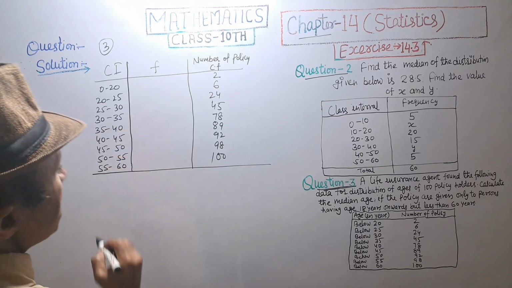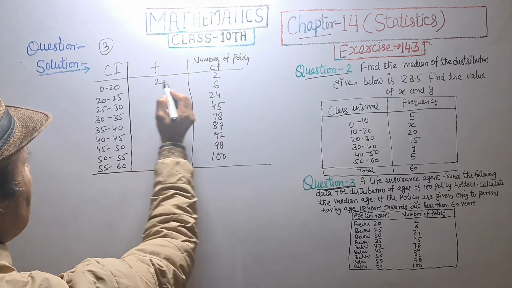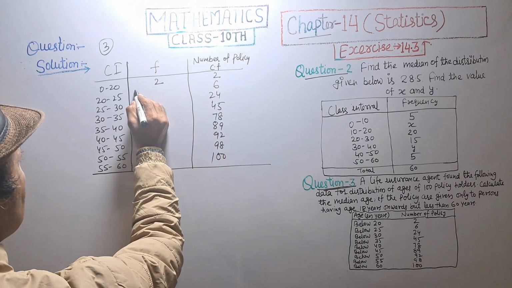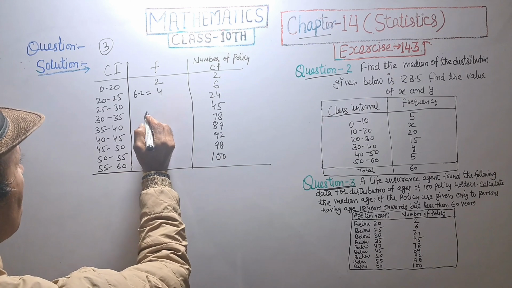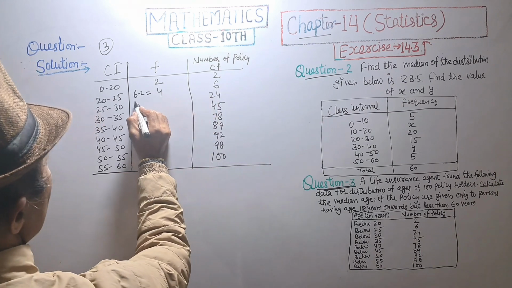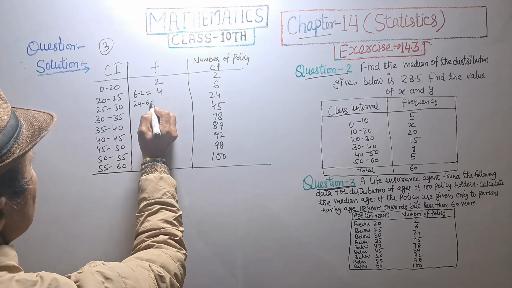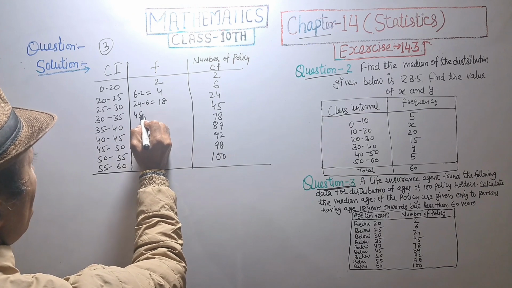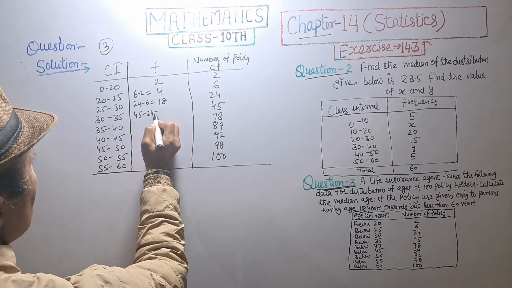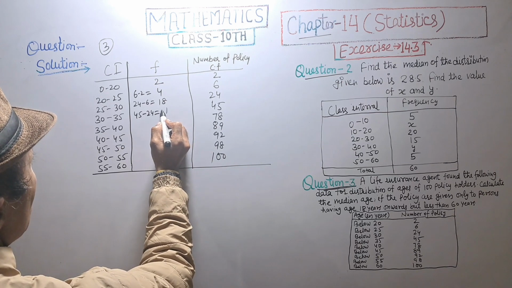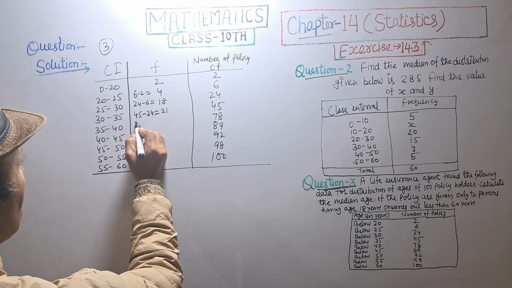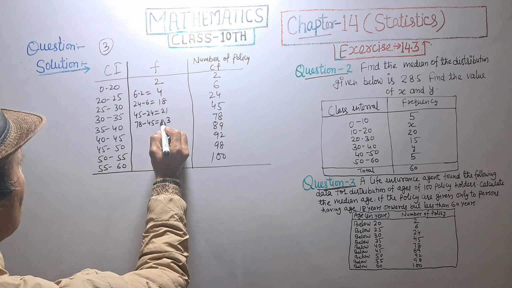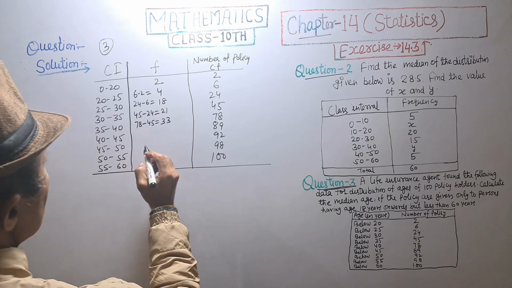But the frequency is: first 2 as it is, 6 minus 2 is equal to 4, 24 minus 6 is equal to 18, 45 minus 24 is equal to 21, 78 minus 45 is equal to 33,